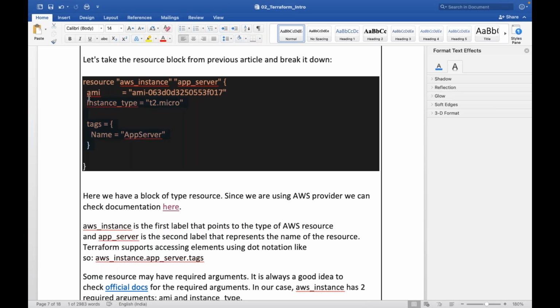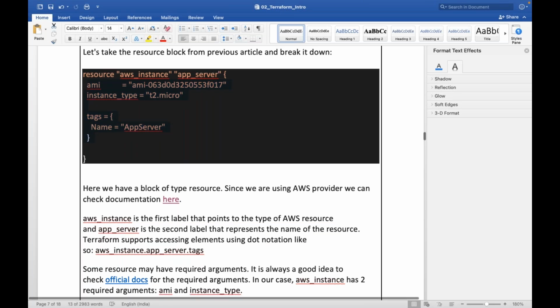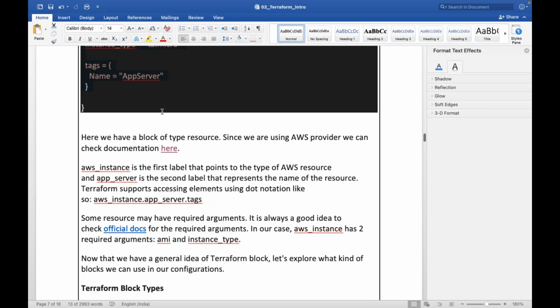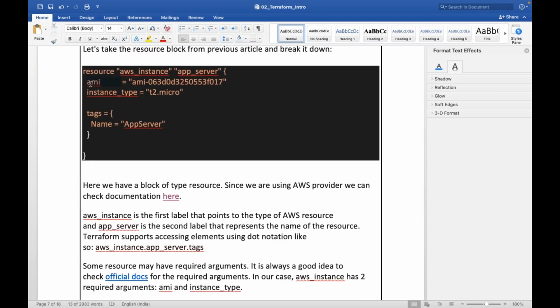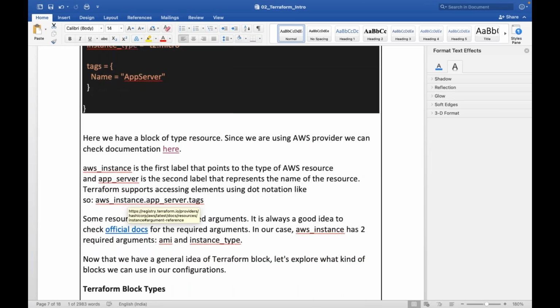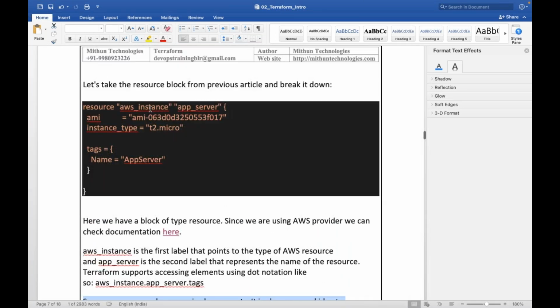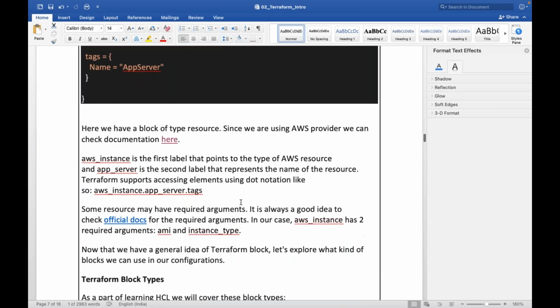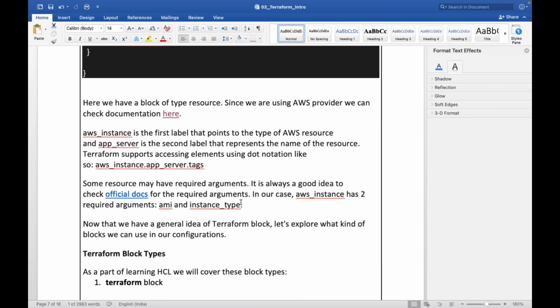But what arguments can be used, you can only find out in the official documentation. Each and every resource type has its own official documentation, where you can find these key value pairs. In our case, aws_instance is one resource that you can provision using the Terraform AWS provider.